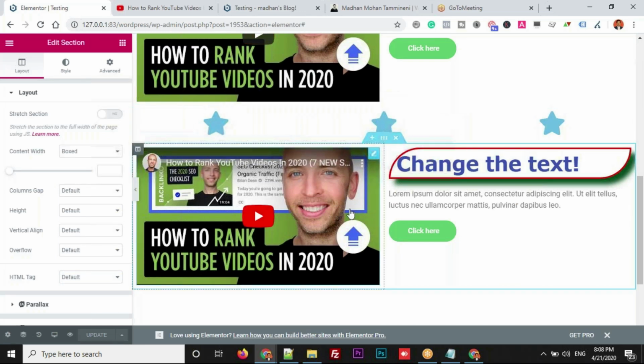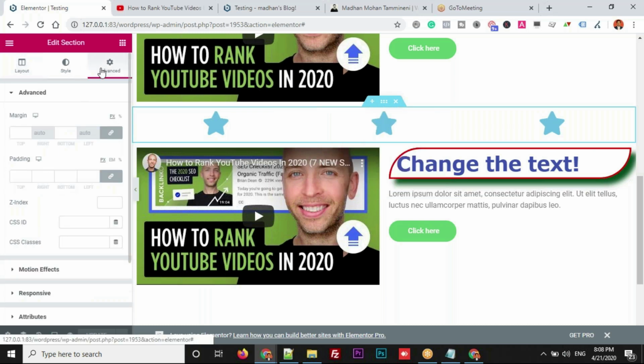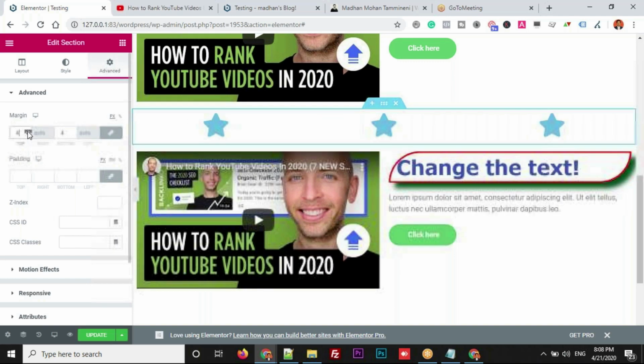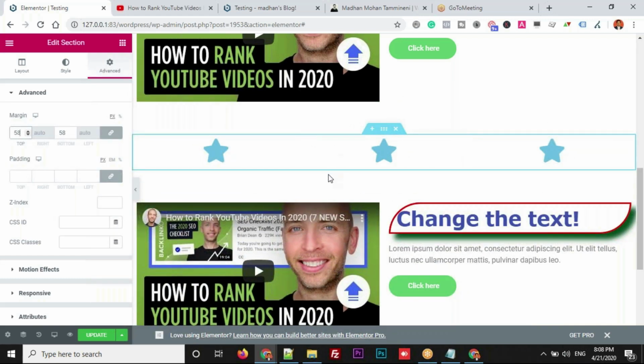This is where we'll use margins. So you want to add space between these 2 rows, right? Just select the row in the middle by clicking on this dot. When you click on these dots, you can see row related settings on the left side. Just go to the advanced tab, the same margin and paddings will be available here. Now I want to add space on the top and at the bottom as well. So you'll have an option here, just add the space. Now you can see space is getting added on the top and bottom. Just update it.